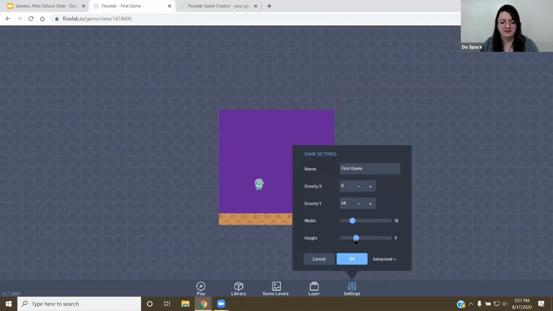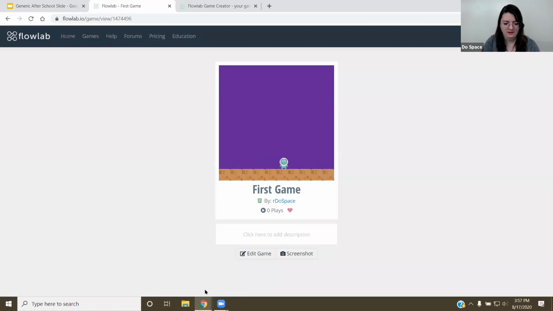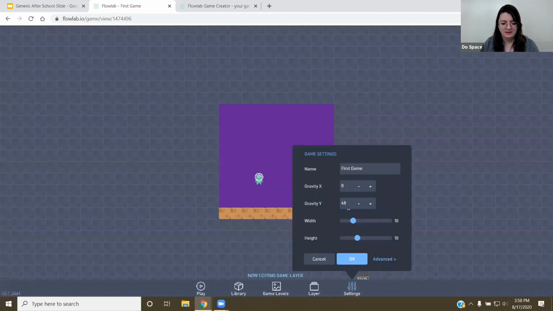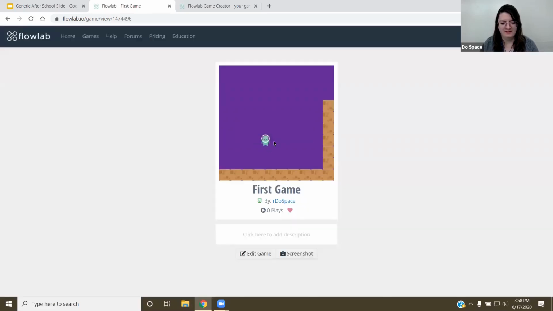First I'm going to show you the difference of walking around with a drag. So my character is slightly slower to walk around now. And I'm going to go to edit game, settings. I'm going to change the gravity to showcase something. Set this to 0, and change this to 10. So this is going to push my character to the right. And I'm just going to clone these real quick so my character doesn't fly off the screen. So edit, there we go. You see my character go flowing to the right.